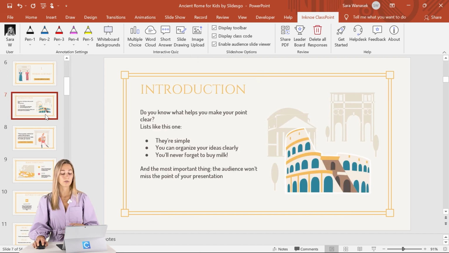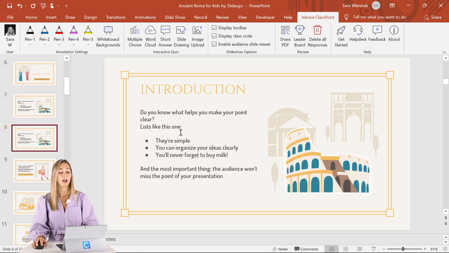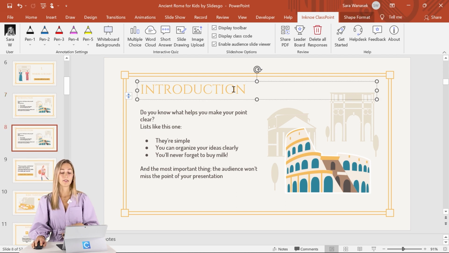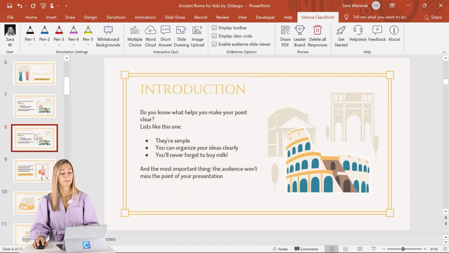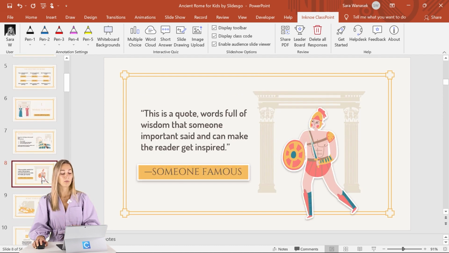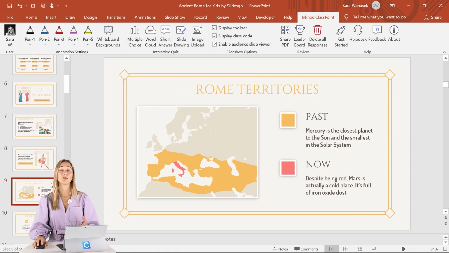If you like a certain format, you can do Control-D and then go ahead and change any of the text and the images on your slide. Or, like I said before we download it, we can use one of the formats they already have as a really good starting point to our activity. So I'm going to use this one because I think it'll be a great slide drawing question.